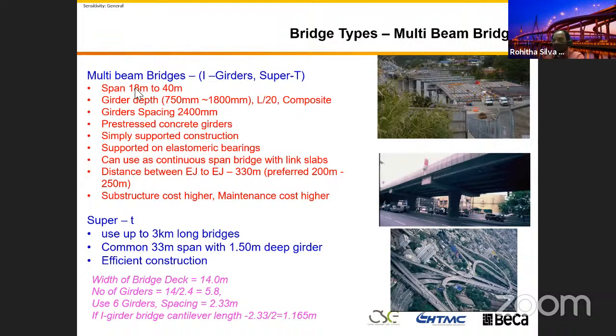These bridges we use for 18 to 40 meter spans, and the girder depth varies from 750 millimeters to 1.8 meters. I just put this number, L over 20, because it's simply supported construction. And then the girder spacing, we don't go beyond 2.4 meters. There are many reasons for that. One reason is the bridge vibration and the rotations. If you design more than 2.4 meters, you need to have more intermediate bracing,